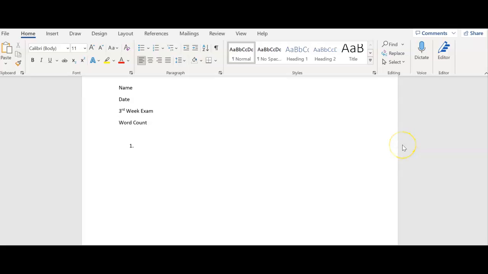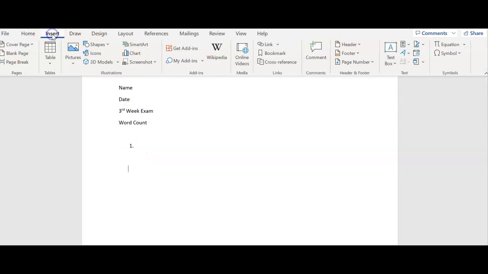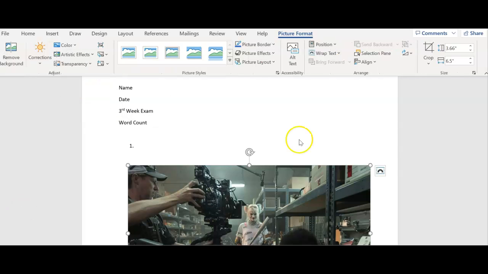When preparing this exam, there are places where an image is to be embedded here in the Word document. I will number that item and then drop down one space so that I'm certain that the image goes along with that numbered item from the exam. I go up to here, insert a picture from this device, and I insert the image that I have saved